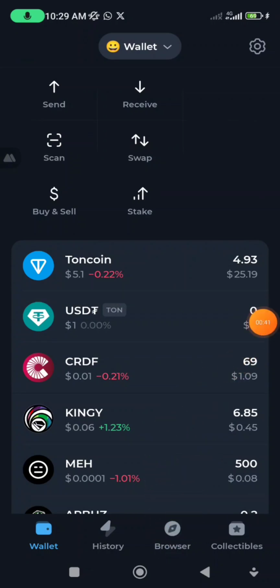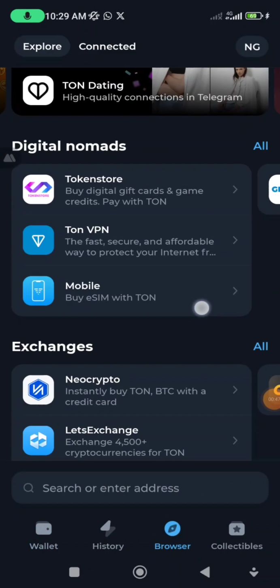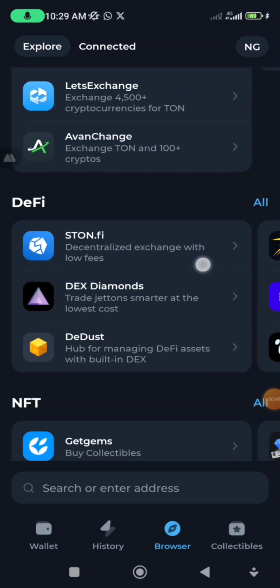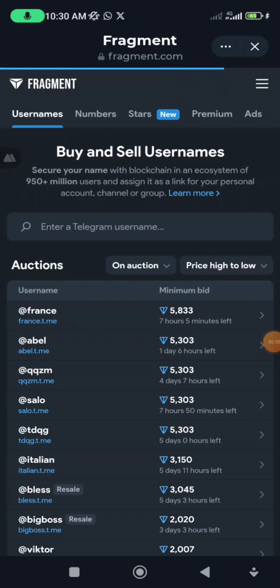But me, I use the wallet, and when you open your wallet, just head on to the browser section, then you scroll down until you see Fragment as shown on the screen. Once you tap on it,